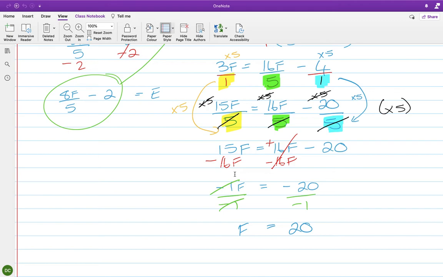I'm then going to take this and sub it back in here so that I can get e. So I get e equals 8 times 20 over 5 minus 2. E equals,